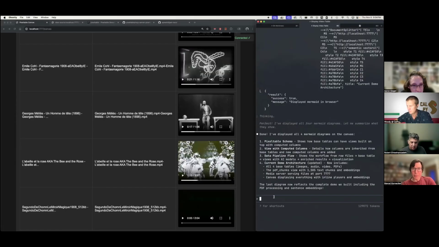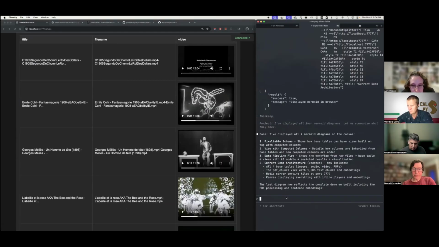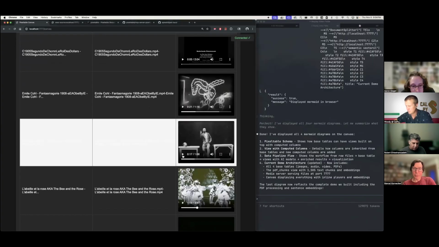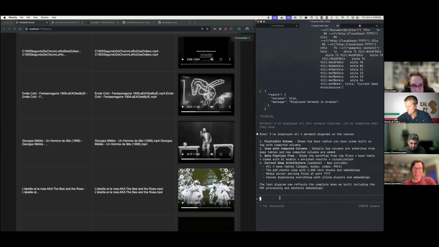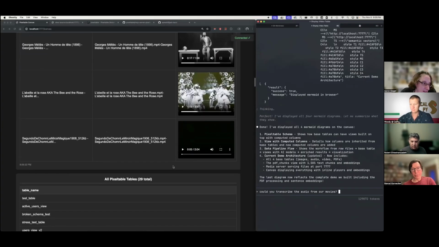So my assumption, the naive approach, would be it sucks in the whole movie, which should be doable, right? With Pixeltable. Yeah, we just did that here. Then it goes through and extracts all the audio and transcribes it. Then it looks through the transcript until it finds the keywords and notes the timestamp. From there, you know where to go into the video column to get the corresponding video. I think that would work.